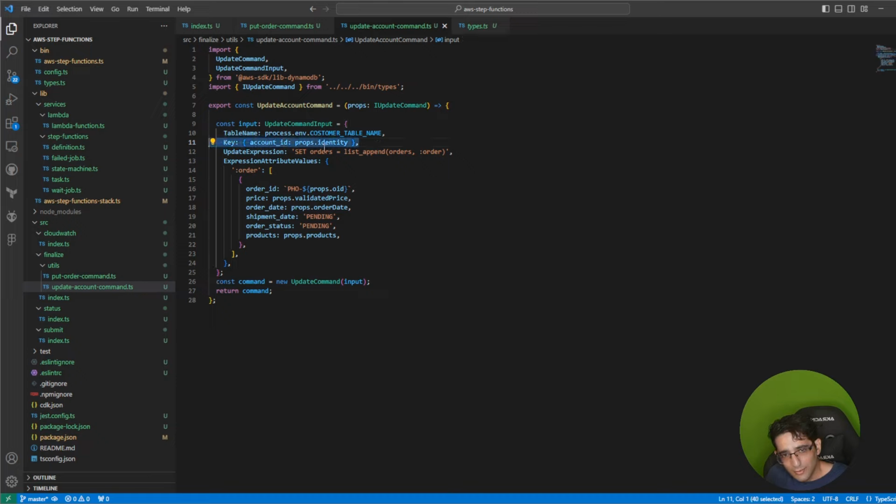And for that user, the expression that I want to execute is set orders, which is an object inside of the entry. I want to append, because it is a list. So I will do list append the orders list with a new order object. And in the expression attributes, we define what this order object is. In my case, the order object is an array